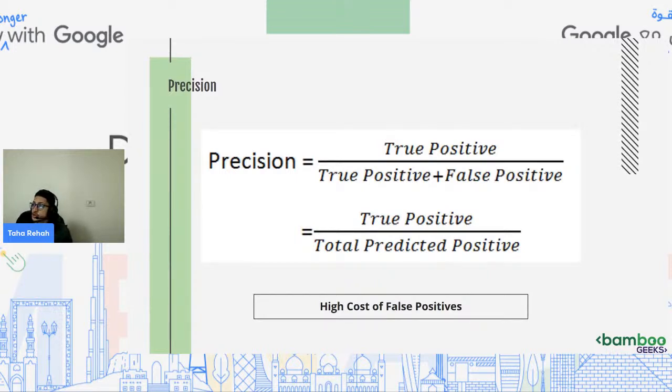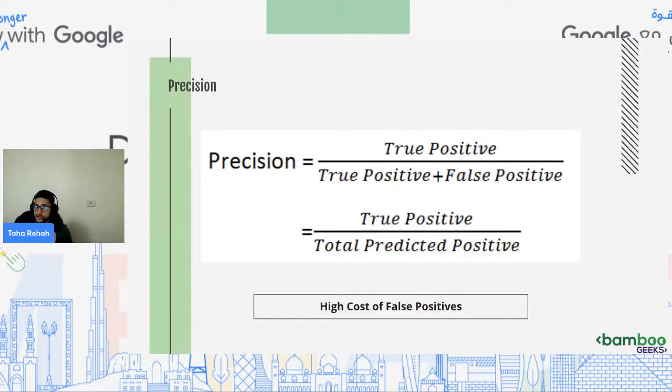And this may cause the company to lose some good information. Maybe this email contained an offer or something related to business. So that's why it's bad, and the cost of false positives is high. In this case, we use precision to handle this. So that was the first metric. We talked about accuracy. We talked also about precision.